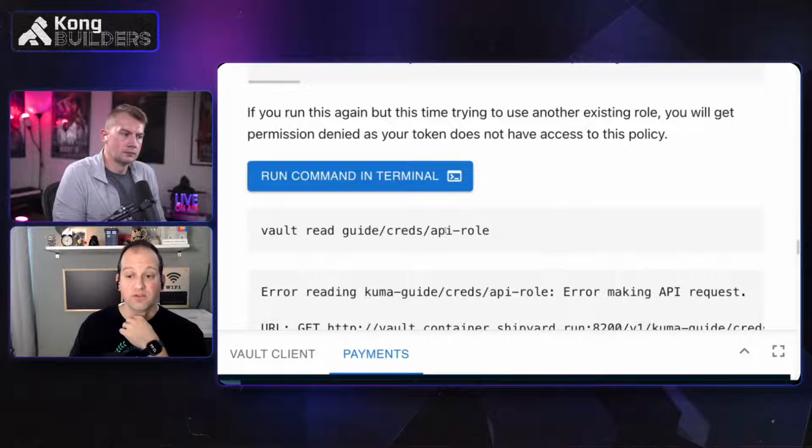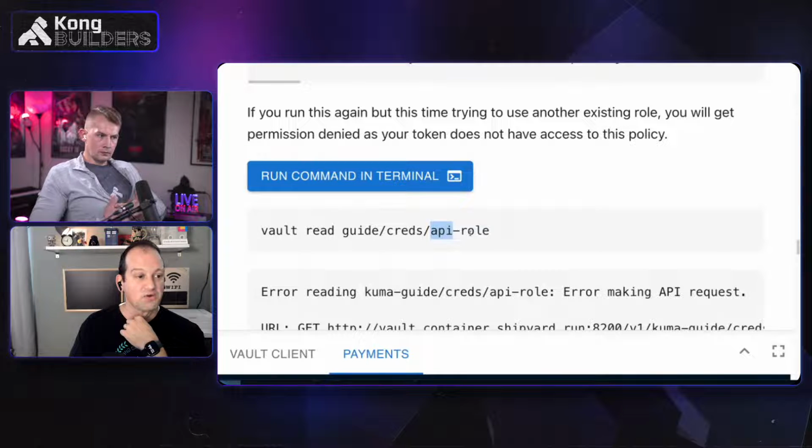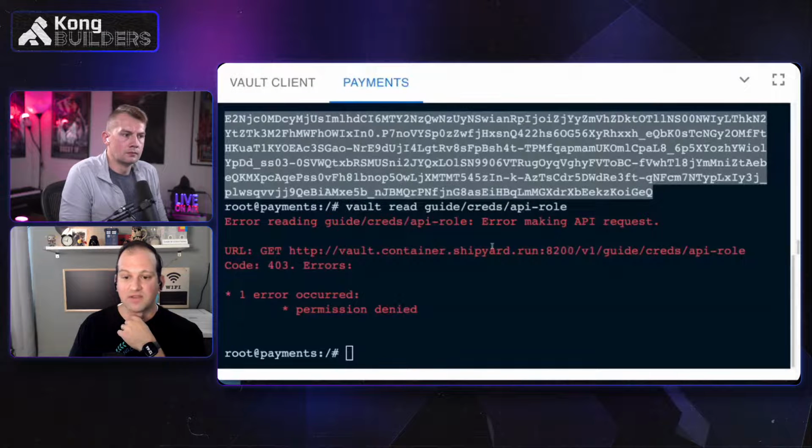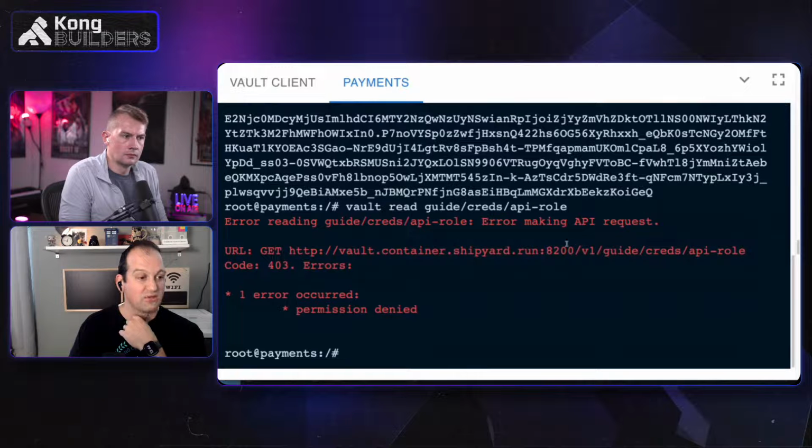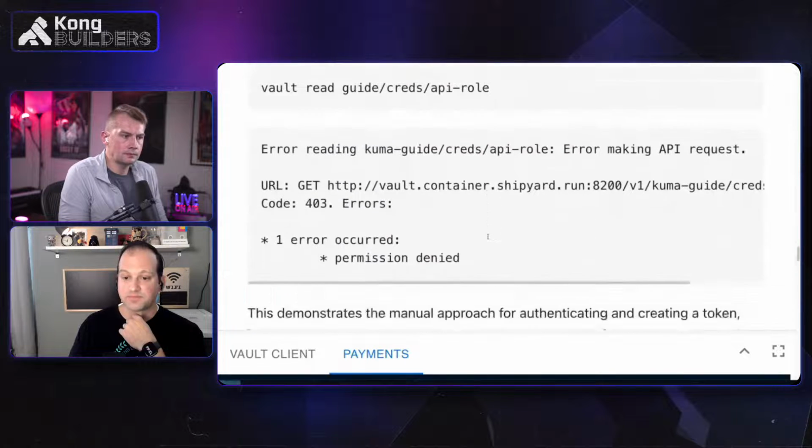What I'm going to do is, there's an existing role out there, the API role for the API we had when we first started. What I'm going to show you is what happens if the payment service tries to request a credential for the API role. Well, if I do that, then I get an access denied. I do not have a policy associated with making a request to that. And so I instantly get denied on Vault for trying to request a credential that I do not have a policy associated with, because I'm the payments role, not the API role.